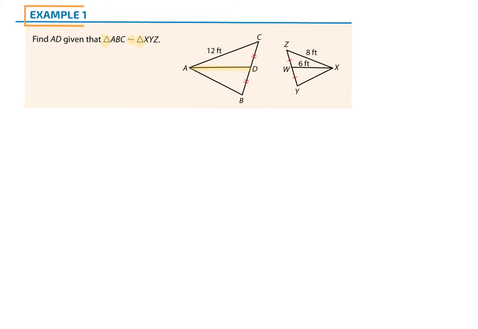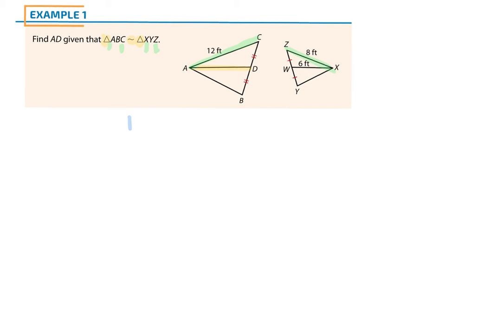They only gave us one length, so we can probably assume that the lengths are the ones that we should use. But if they had given us all of them, they could have flipped it. So just make sure that you are looking at the right thing. AC should correspond, so A and C should correspond to X and Z. So you just want to double check that you do have corresponding parts here, because you don't want to write them incorrectly. So if I have this,